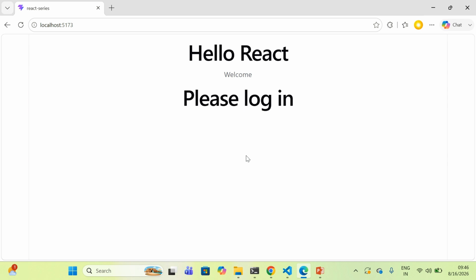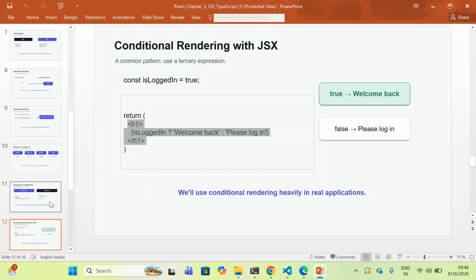So obviously the interface needs to respond to that state, and you know, notice what's happening here. We didn't manually change the HTML, we changed the data. So React evaluates the expression and renders the appropriate UI, and that's a declarative UI in action. We describe what the UI should look like for a particular state, and React takes care of updating the interface.